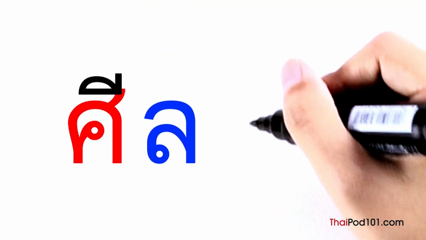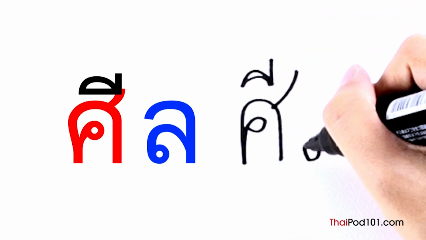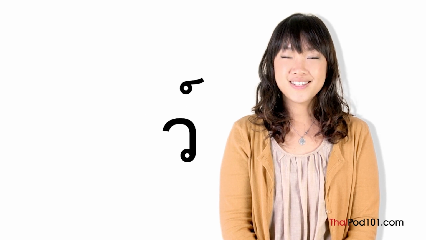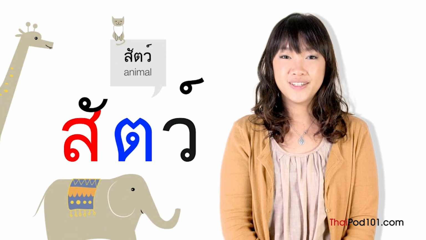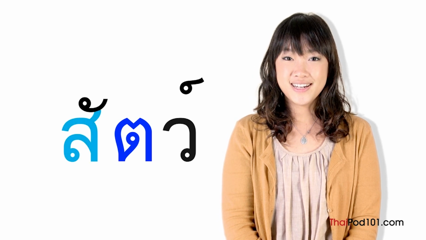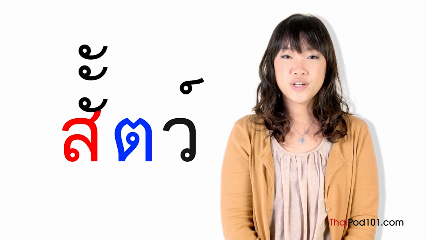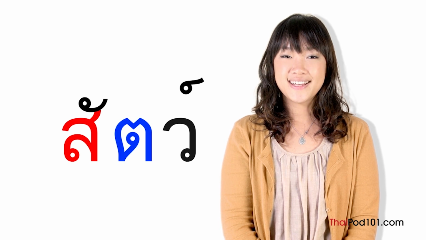Your turn. สอศาลา, สระอี, ลอลิง, ศีล. For the next word, we need to learn a new symbol. This is called Garan. We write Garan above a consonant to indicate that it is a silent letter. For example, here's the word สัตว์, which means animal. The initial consonant is สอเสือ, which makes an S sound. The vowel is สระอะ, which is shown with the symbol ไม้หันอากาศ. And the final consonant of the syllable is ต่อเต่า